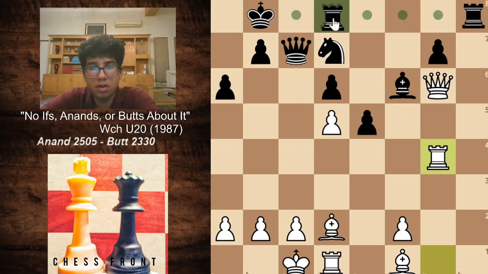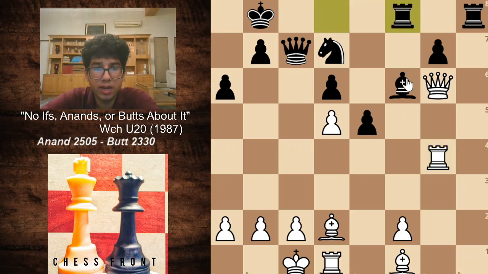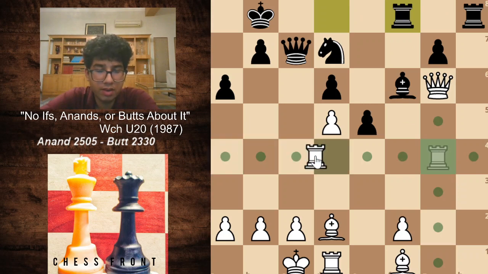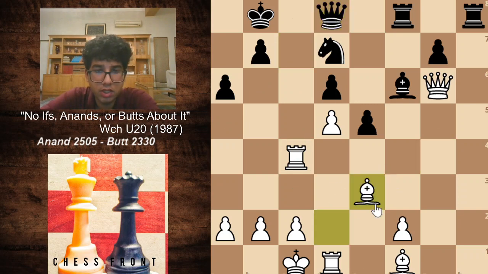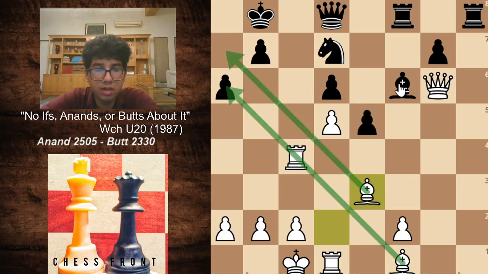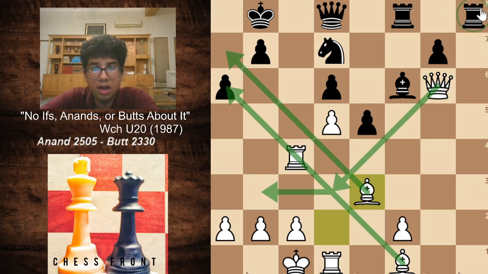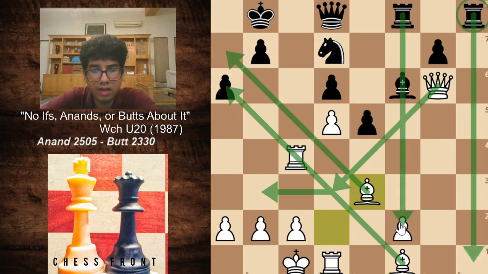Obviously, if black goes astray over here and plays a random move like rook here, then he could find himself in a very difficult position to play. After rook c4, queen goes back, bishop goes here, and already you can see that white's bishop eyes the queenside. His queen can easily come back, whereas now black's rooks are looking kind of silly eyeing the kingside, whereas the king is over here. The action's taking place on the queenside, and most of his pieces are on the kingside.